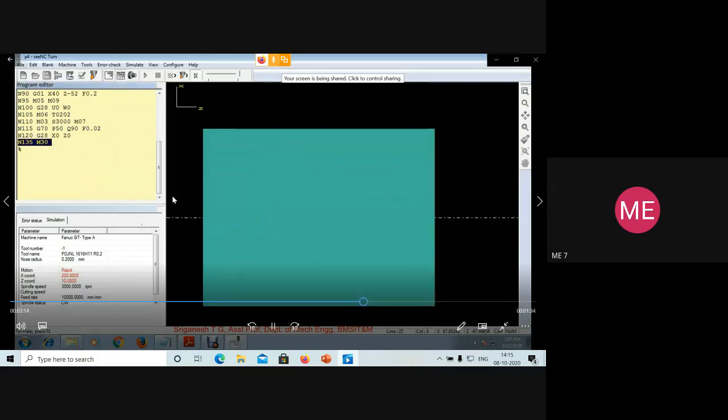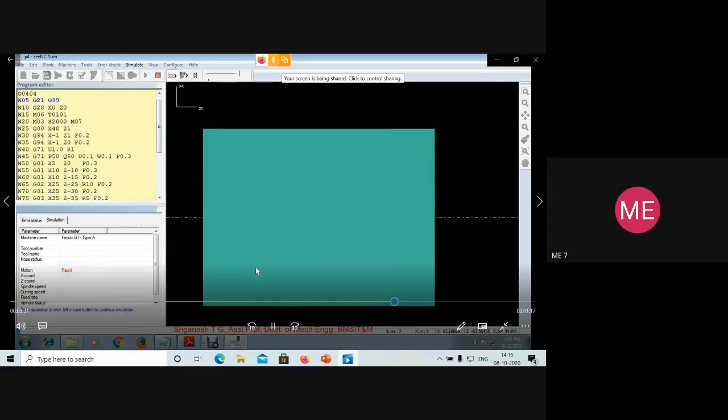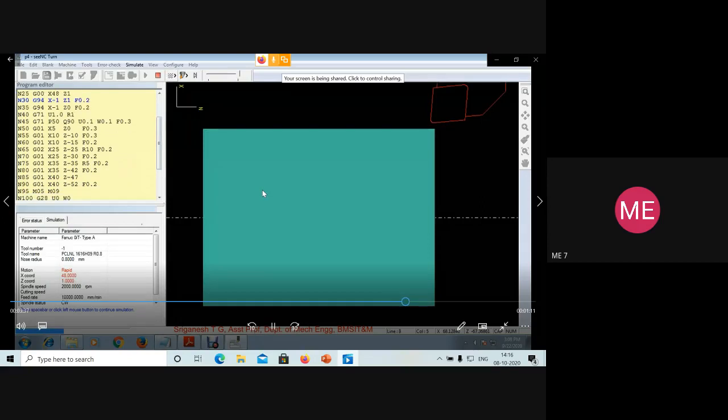So this is how you have to write. There is not much tension in developing any part manufacturing in CNC turn. The only thing is you should be able to write a proper program without any errors. If you are capable of writing a program without any errors, the remaining part of the work in CNC turn is a matter of minutes. So you will get it done easily.